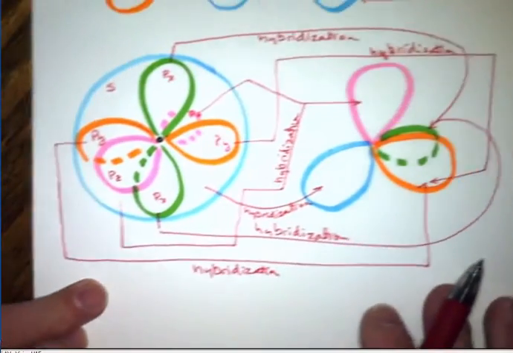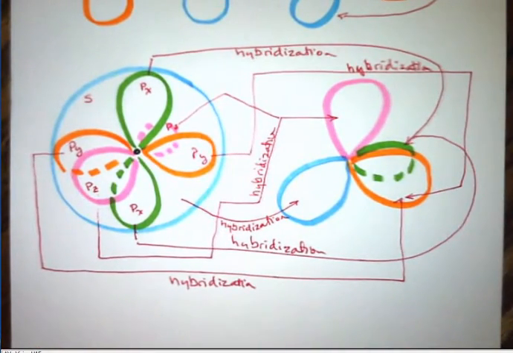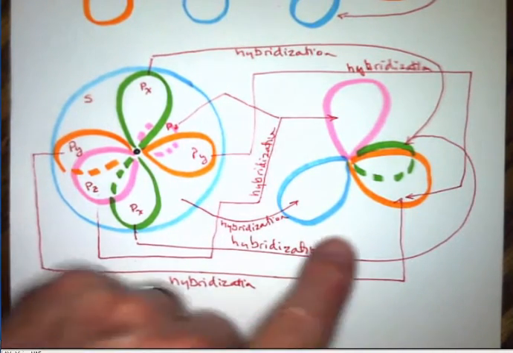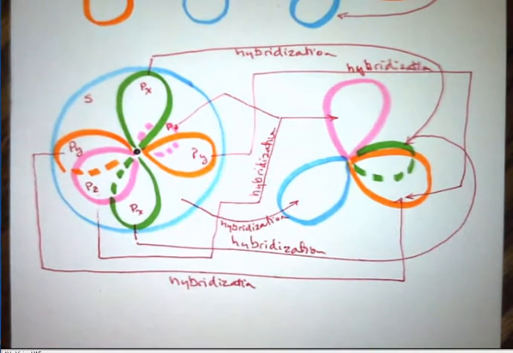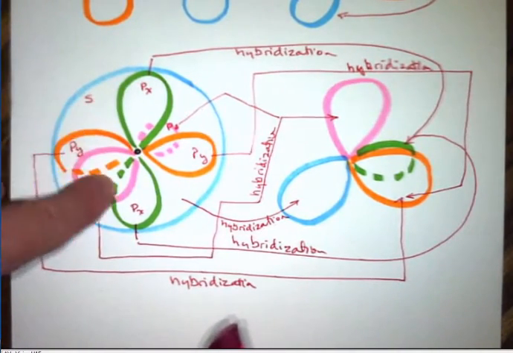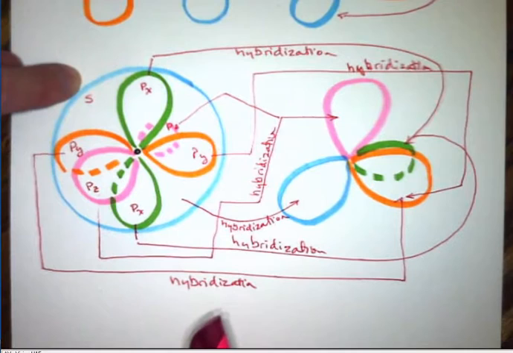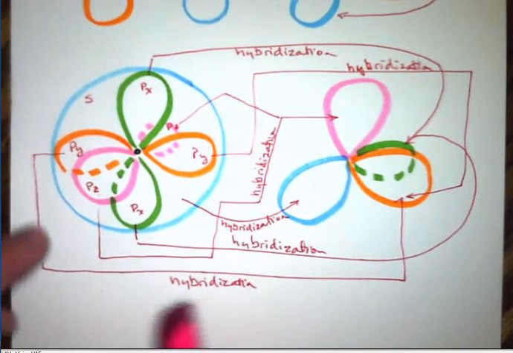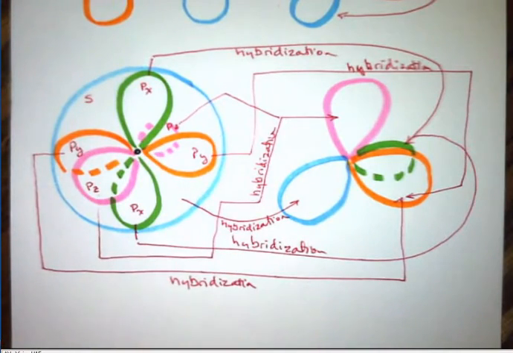So don't try to make these drawings too small in your notes, because then it's going to be all jumbled up. It's hard enough to understand what's going on anyway from the drawings, but if you make them too small, then it really is going to be hard to tell what's going on. So this is what you have a new model for, okay? And if you kept your model from the previous set, then you're going to have a model of what's inside the s. Not the s part, because we don't have a way of making a big round balloon or beach ball to fit them all in, but you just kind of have to imagine the s